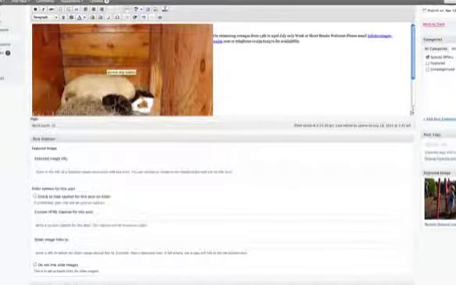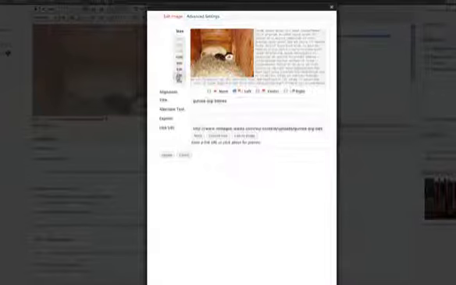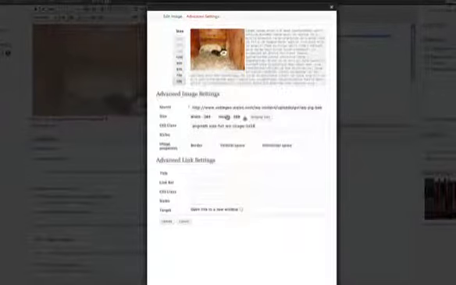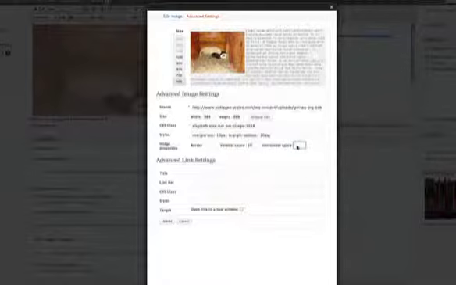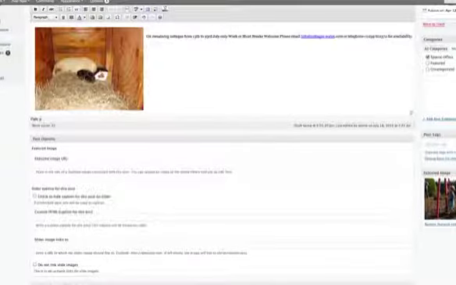If I hover over this image and right click on it, or just hover over it, I can bring those options up again. I can make it smaller. I've got advanced settings here where I can actually choose the dimensions. I can add a border to it, and I can do lots of other things. So let's put some spacing around it and click on update. And there you go, I've got some nice spacing around the image and I've reduced the